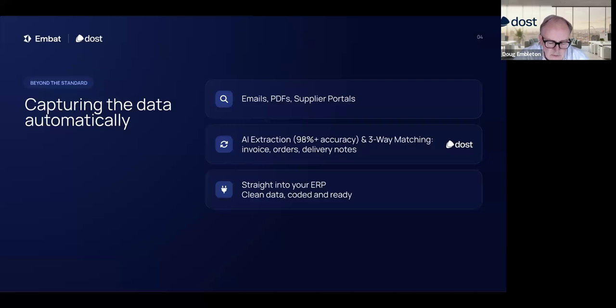And then obviously where three-way matching comes in, Dost reconciles each invoice against the purchase order and delivery note position. So at a very basic level, because of this visual language model, we can start to cascade very complex matching and do simple things like if an order is for 100 and we receive 2 goods receipt notes for 50 and we're billed for 60 items, you don't need to manage that exception because the system automatically